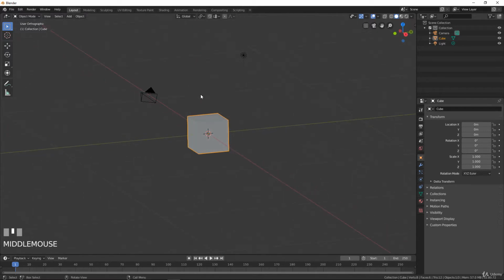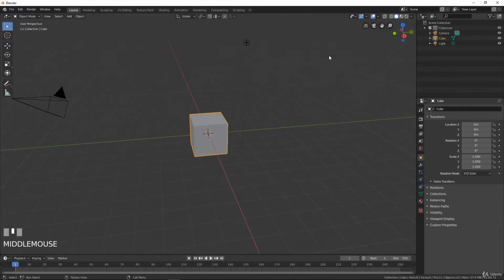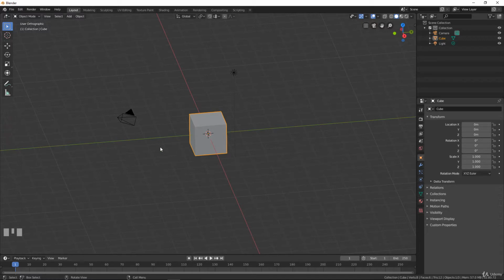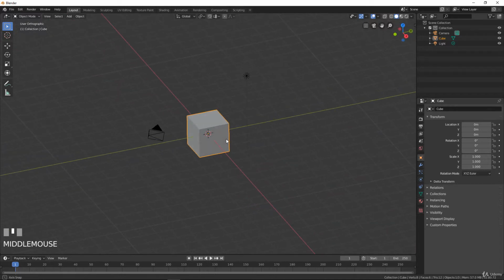Okay, so it's something that is easy to remember. Perspective, and orthographic, everything is flat. Orthographic is very useful when you model with reference images, and you can see that I use orthographic a lot during the training, and it's because it doesn't really deform the objects relative to the view or the